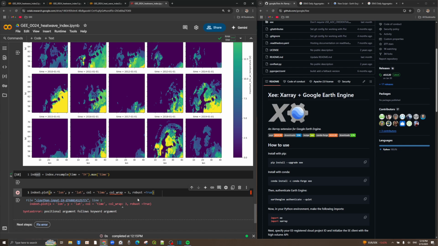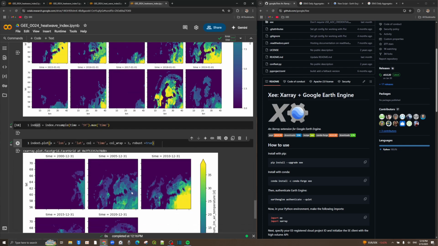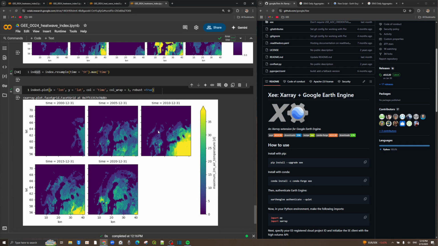Call wrap sets to equals. There it is. And now you can see the variations for each 5 years, 2000 to 2005, 2005 to 10, 10 to 15, 15 to 20, and also you can see the 5-year variation actually highlighted here, and easily you can see in the first 5 years we couldn't see any heat